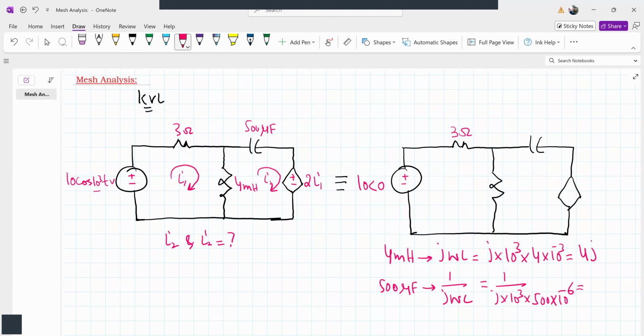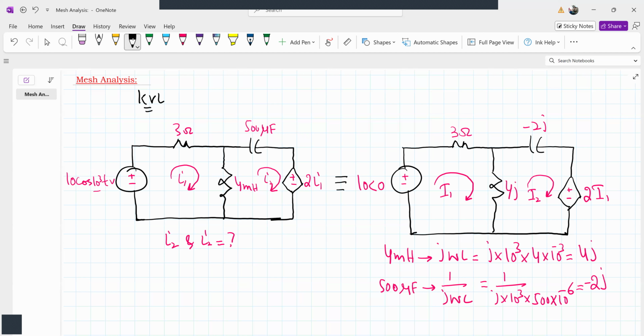Multiplying, we get 1 by 0.5j, that is 2 over j, which is minus 2j, because 1 over j becomes minus j. So the inductor is replaced by 4j, the capacitor by minus 2j, and the dependent source by 2 I1, where capital I1 is the phasor current flowing in this mesh,